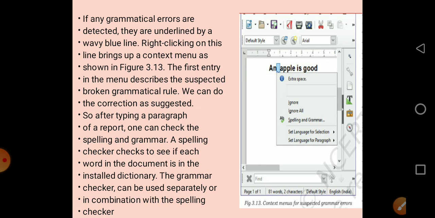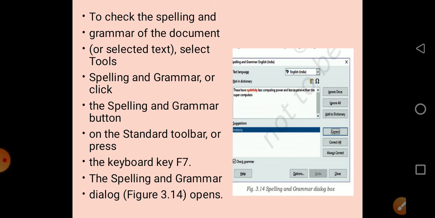After typing a paragraph of a report, one can check the spelling and grammar. A spelling checker checks to see if each word in the document is in the installed dictionary. To check the spelling and grammar of the document or selected text, select the Tools menu, Spelling and Grammar option, or click the spelling and grammar button on the standard toolbar.